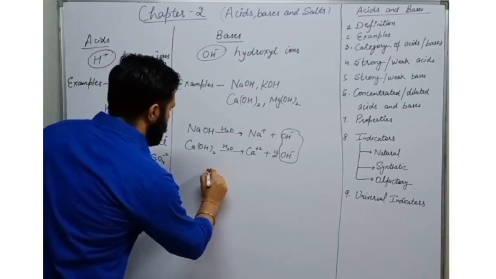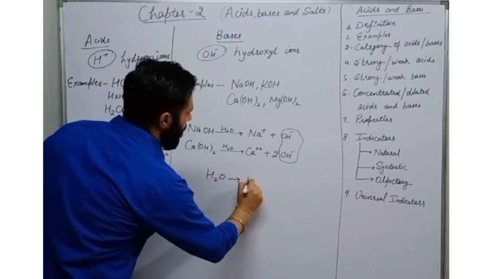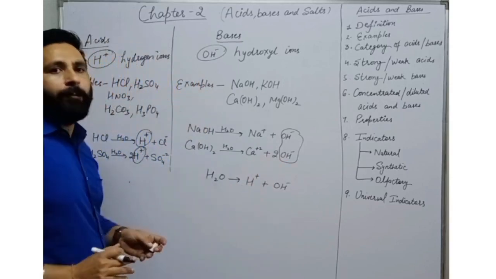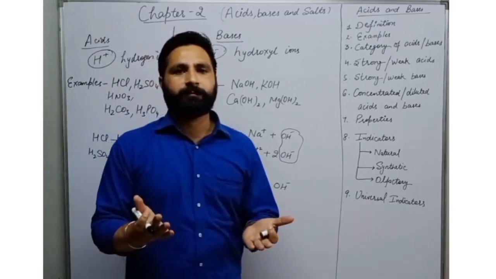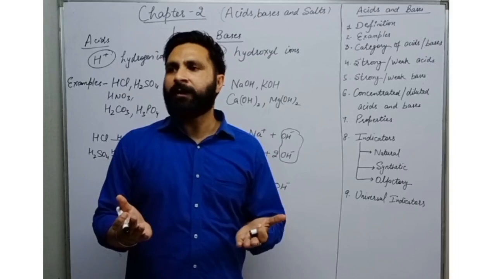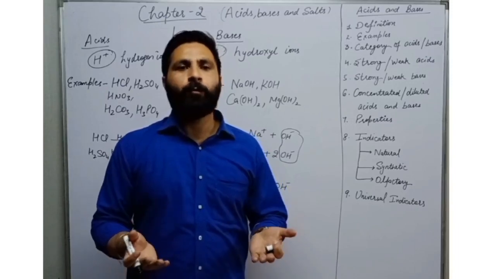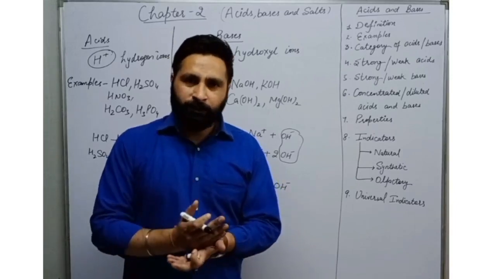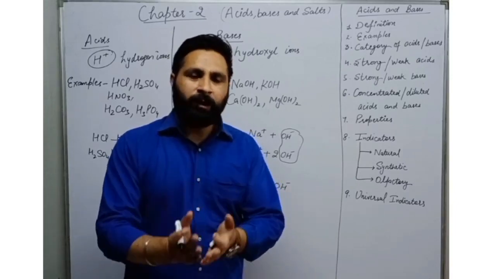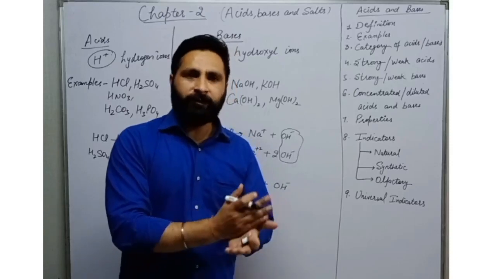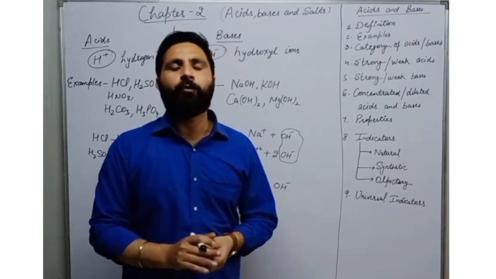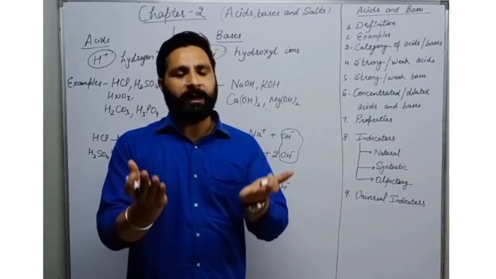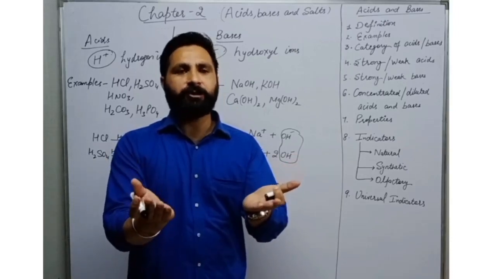Although in water, H2O, H plus ions are present, OH negative ions are present, but their concentration is same. Suppose we are having 50 molecules of water. So in 50 molecules of water, same number of H plus ions, means 50 H plus ions are there, 50 OH negative ions are there. So it is basically neutral because H plus ion, OH negative ions are same.